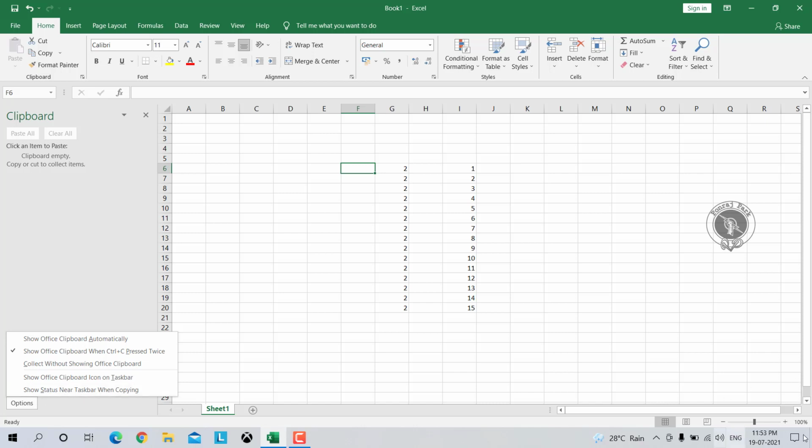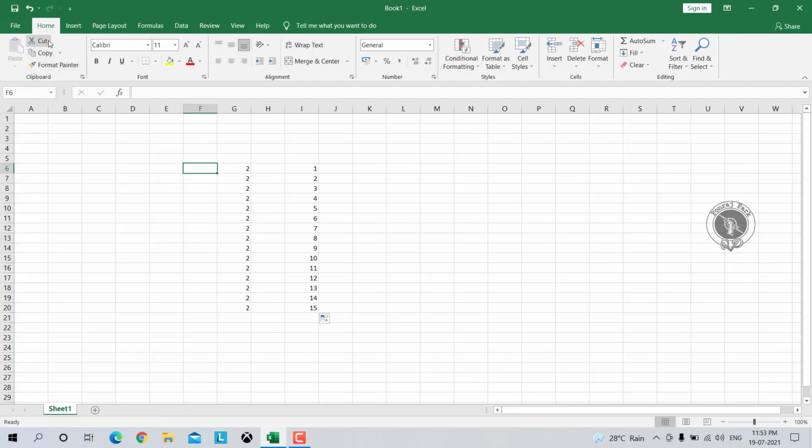Okay, so in this status bar, if you want to get that pop-up whenever you are copying anything, that should appear, and you can enable that from here. So we'll see all those things in depth. Okay, so this was just the overview of clipboard. I'm just closing this pop-up now.